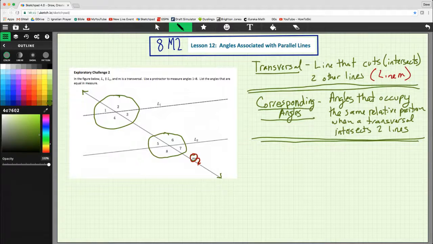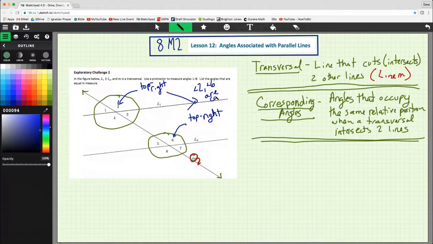In blue here, we can talk about this angle and the angle that is in the same relative position. This angle is in the top right. So the angle that is in the top right intersection down here is 6. So angle 2 and angle 6